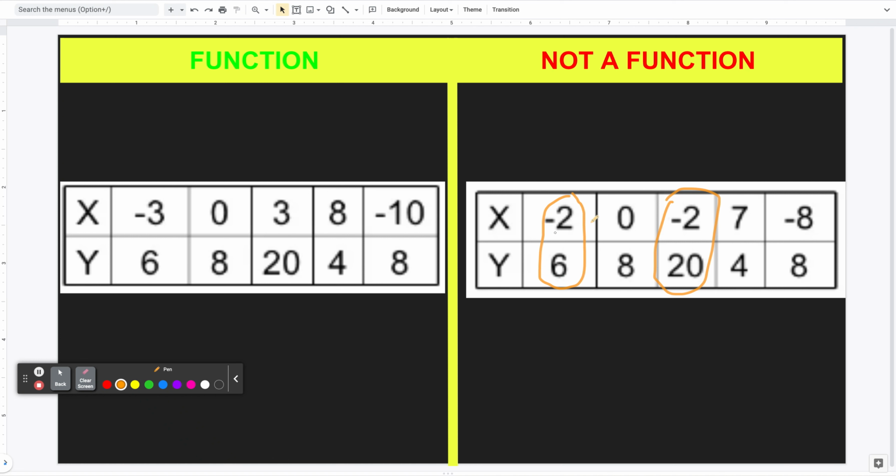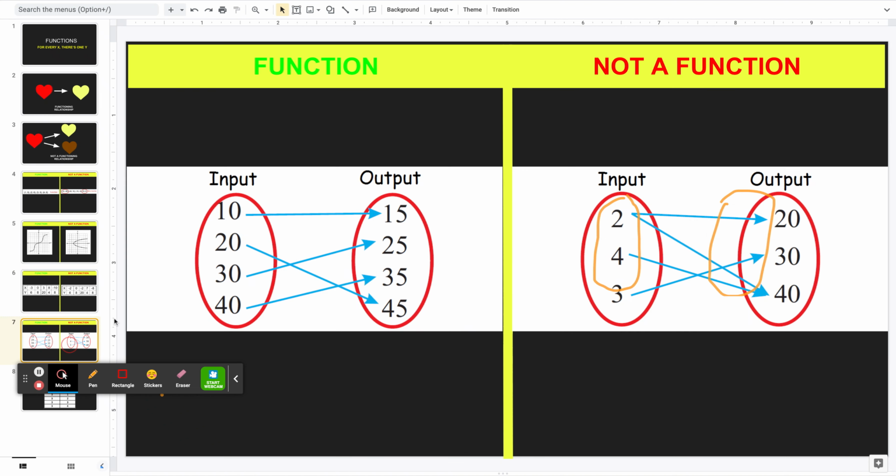So the way that you can almost check right away if somebody's cheating is if you see x's repeating. That's a way to check it, but that is not our definition. Keep that in mind because we have one more to talk about, and we're going to come back to that idea of x repeating. And our last one,